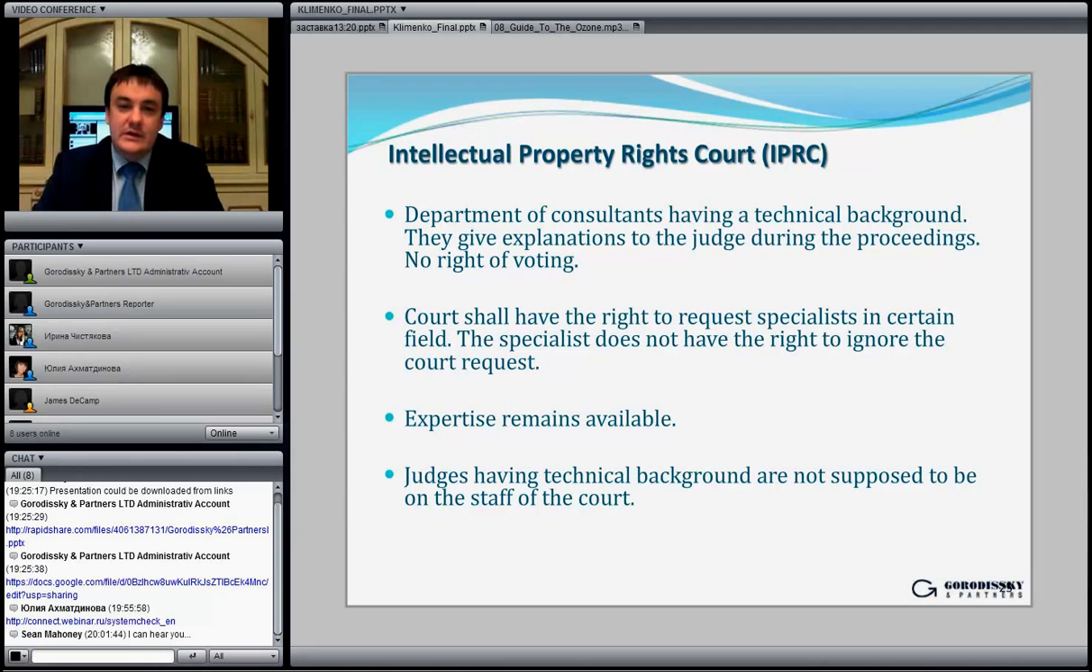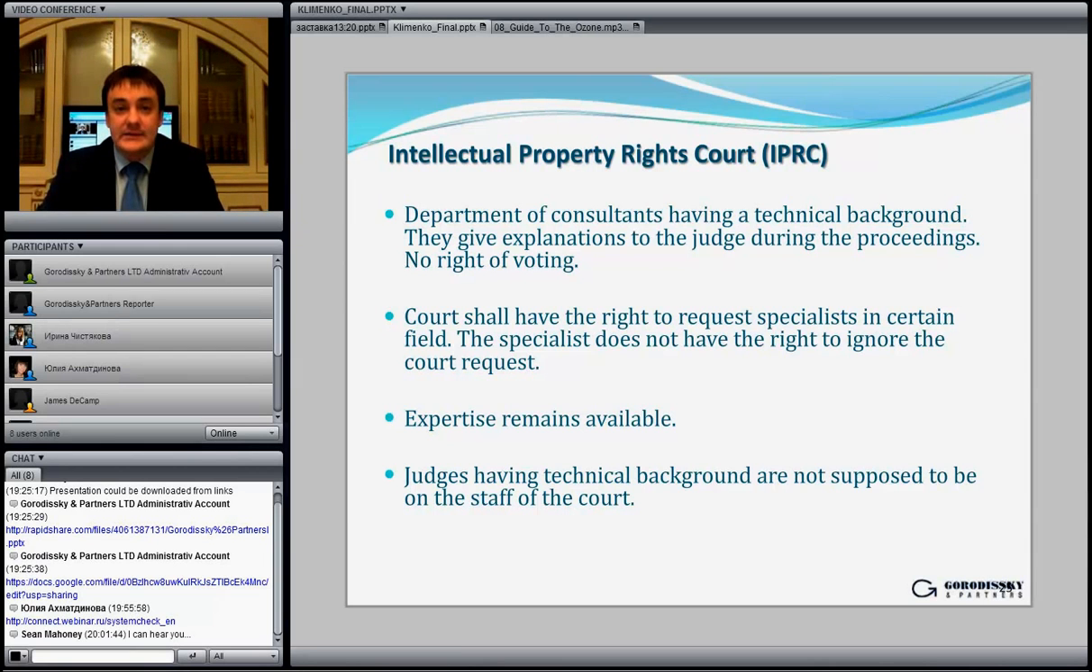Just a few words about the intellectual property court, because it's quite new for Russia. It is supposed that the court will have a special department of consultants with a special technical background, who will be specialists in particular fields, and will advise the judge right during the hearing in case the judge has some technical questions. If the judge finds that this consultant service is not good enough, the court may send